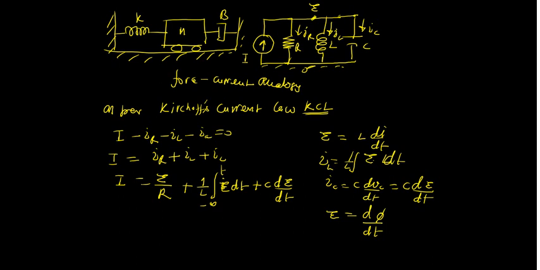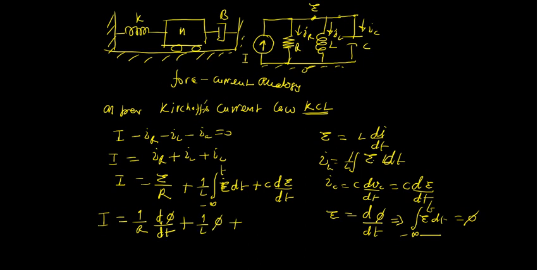So you see that we can substitute this value wherever E is there. Wherever E equals d phi over dt, and wherever we see the integral of E dt, we will represent it by phi. So substitute here and you will get I is equal to 1 by R d phi over dt, plus the integral of E dt, which is phi, so it is 1 by L phi,